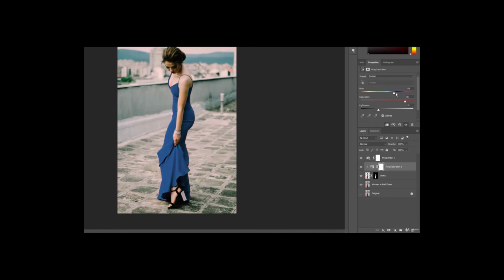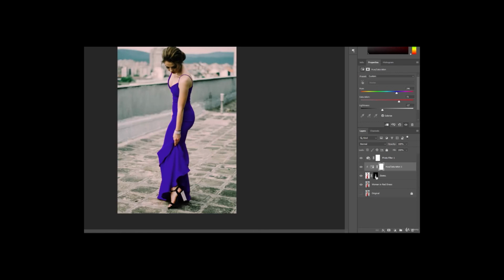So maybe you want to give her a blue dress, or maybe just make it like a little more magenta. We'll do an extreme and just make it, say, a blue dress, and then we can mess around with the lightness and the saturation. Maybe it's a little too saturated or not saturated enough, and you can go ahead and continue editing. I can see there's a little red line kind of going around the dress. Again, I didn't take my time because I was trying to hurry up and show you, but you can still